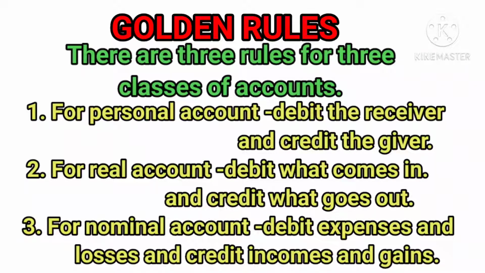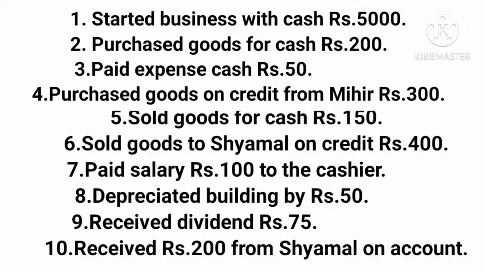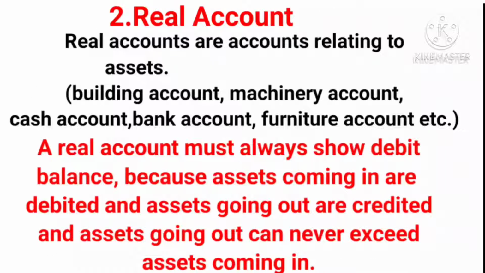By applying golden rules, debit credit of the following transactions are to be ascertained and journal entries are to be made. Number one, started business with cash rupees 5,000. Here